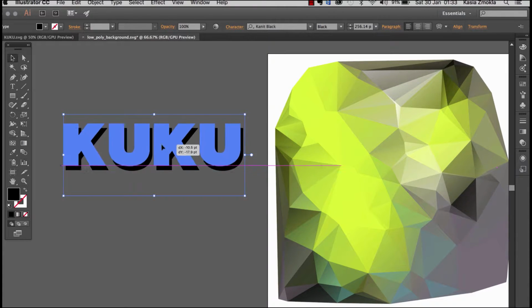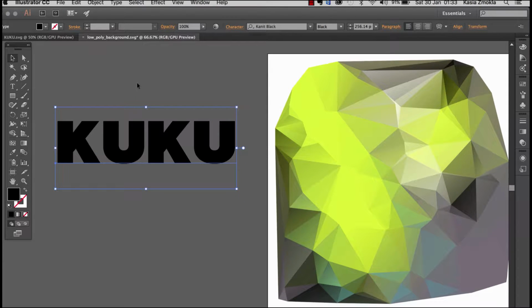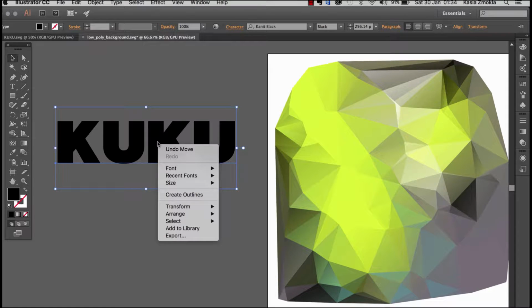At this point, the word cuckoo is still editable. If I double click somewhere inside the word, I can still add more letters, I can add space. We can't keep it editable if we want to use it as a mask. So in order to outline the font, outline means just changing the text to shape. It won't be editable as text anymore, but it will still be vector and we can use it in our vector graphics. So in order to outline the font, just click inside any of the letters, right click and